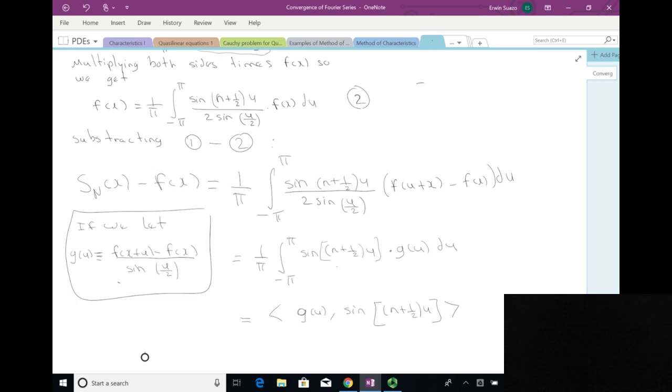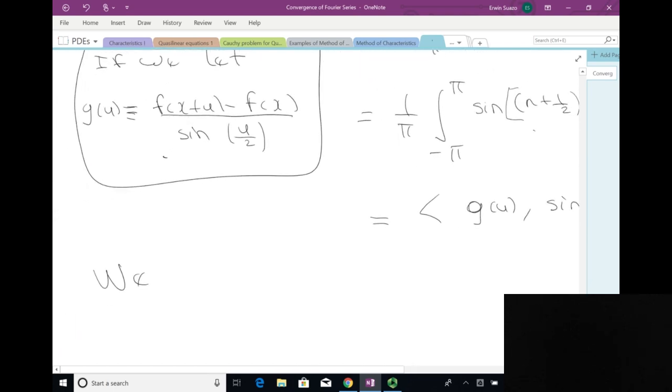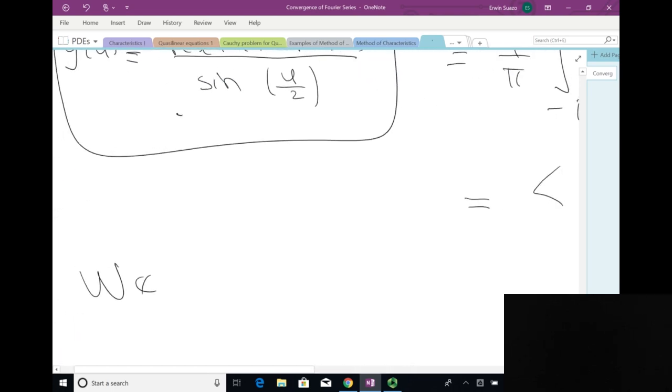Okay, and then we're gonna use an important statement. We notice, that's detail 3. We notice that the functions, let's call it phi sub